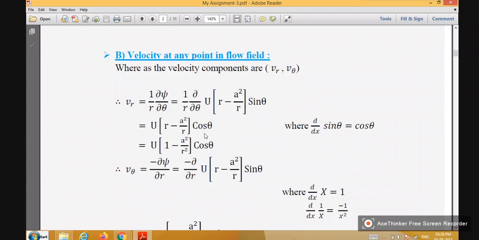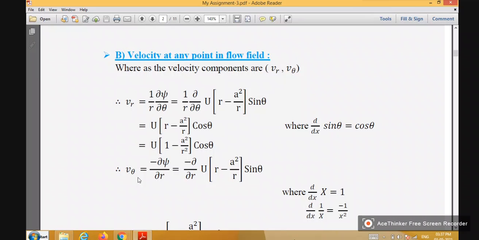Then we substitute, that will come here, and then I take r, as I divided by r in this equation. Then u into 1 by r minus a squared by r squared into cos theta. For v theta, but you have not written r outside the bracket. You have taken r common. No, sir, I divided the r on that equation, sir. So when you divide, that 1 by r should come out of the bracket.